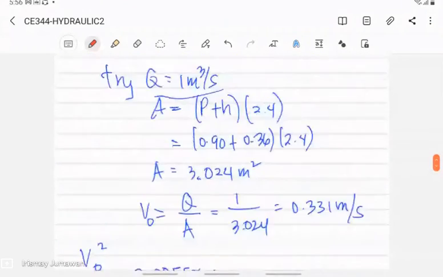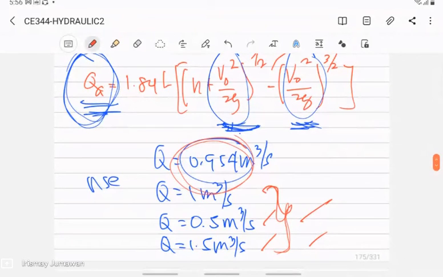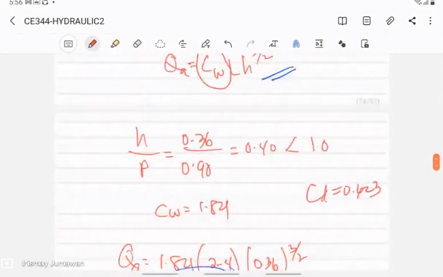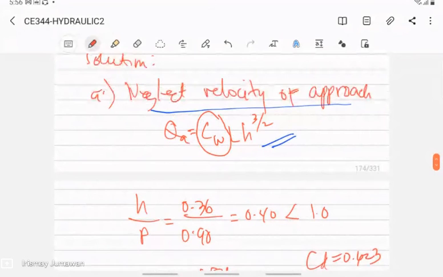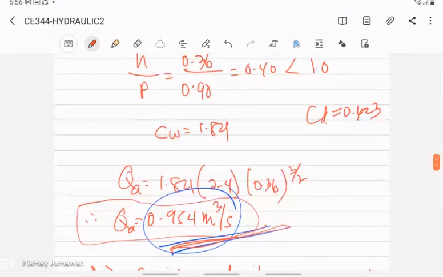Okay, but I will give you some tips in the trial and error. You need a basis in your trial. So you have to put up a range of values that you can use as your trial value, which will be close to the actual. If you observe, we computed the Q neglecting the velocity of approach, and that is equal to 0.954